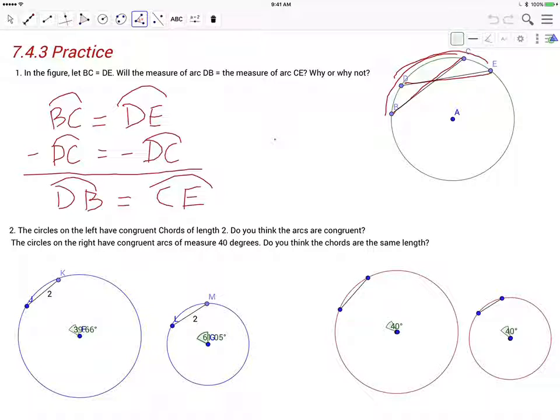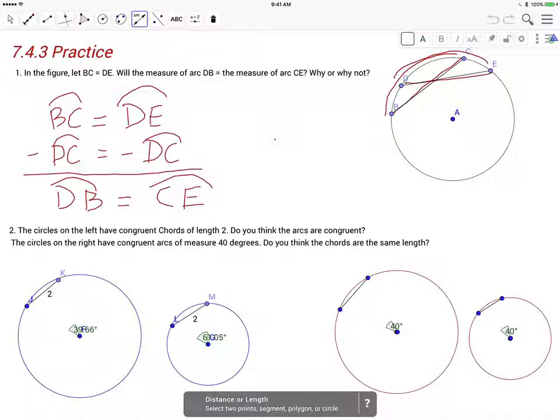On the right, the answer is also no. If we have two 40-degree arcs, will the lengths of those chords be the same? They don't look the same, and let's be clear that if I measure them,